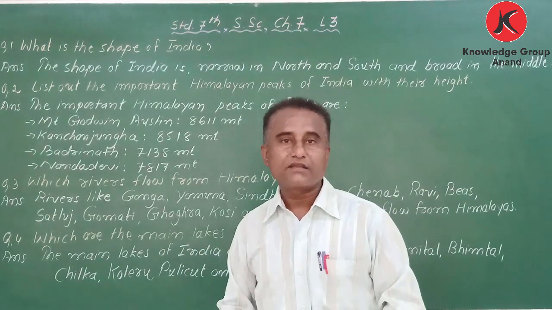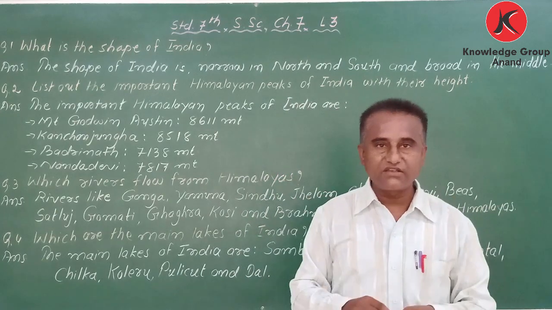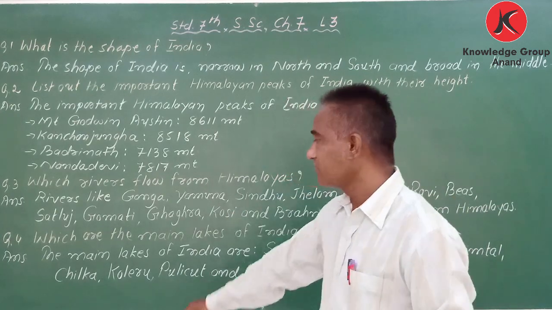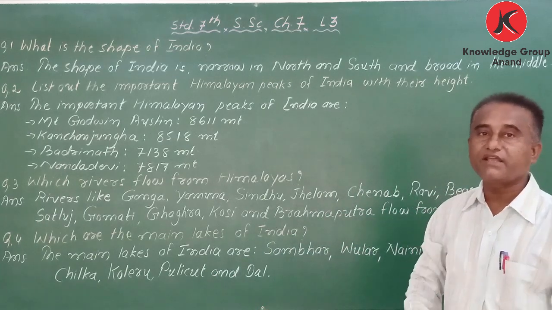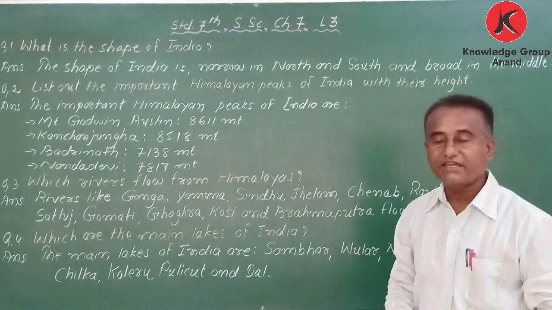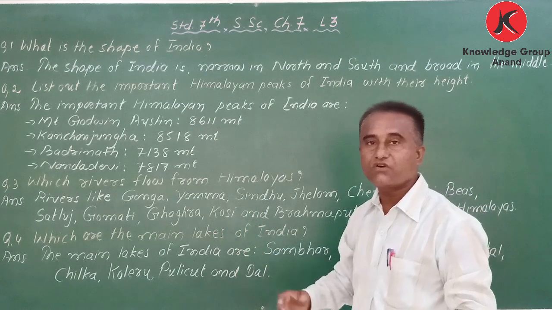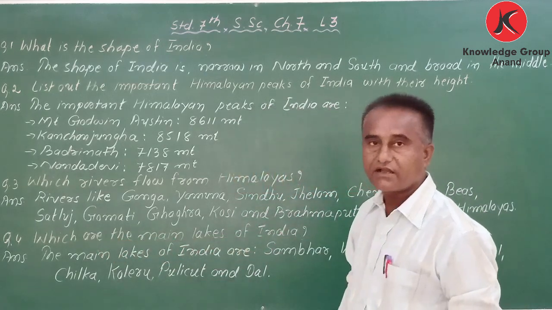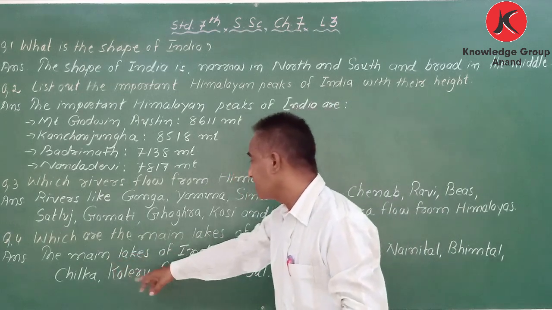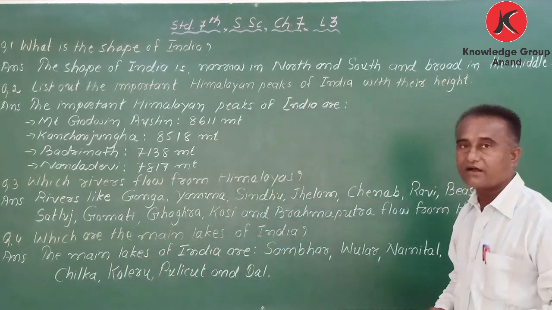Both gaps are given, so we have to write down the names of the lakes situated in India. Which are the main lakes of India? Answer: the main lakes of India are